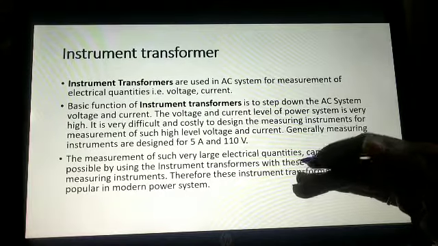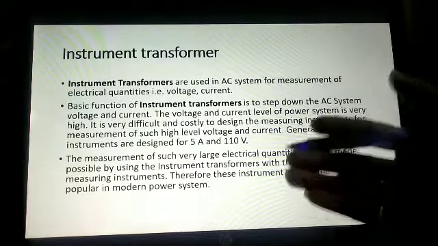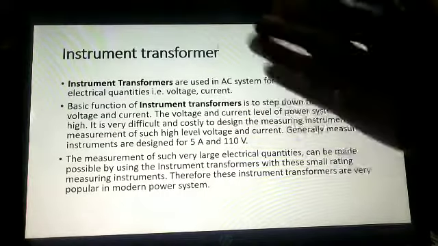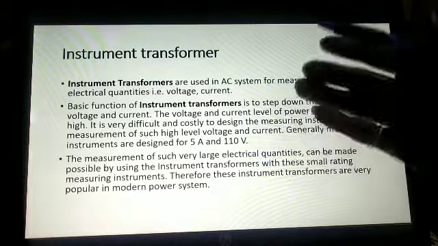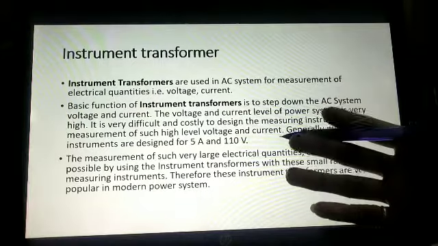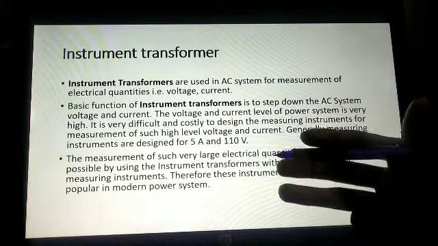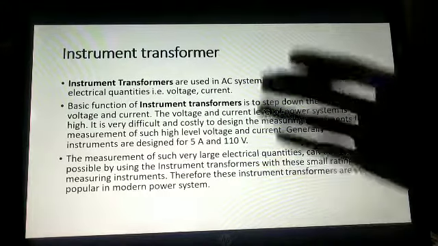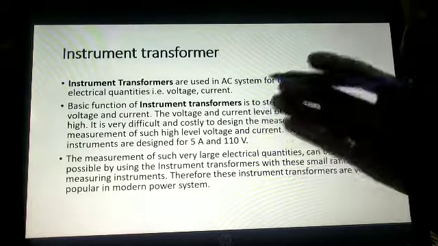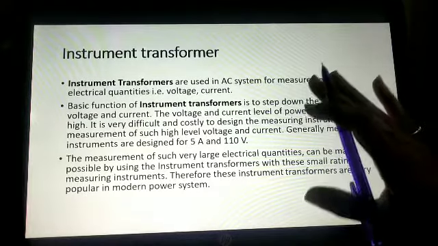We require it to measure electrical quantities, that is voltage and current, that are high values, right? The normal values we can measure by ammeter and voltmeter, but in our power system or electrical system, there are large values of current and voltage that cannot be measured by our normal ammeter and voltmeter, right? Are you getting the point? Is it clear? So what is the main point? We cannot measure higher values of current and voltage by our normal ammeter and voltmeter. So we will first learn the introduction part.